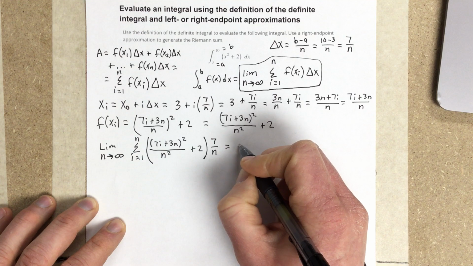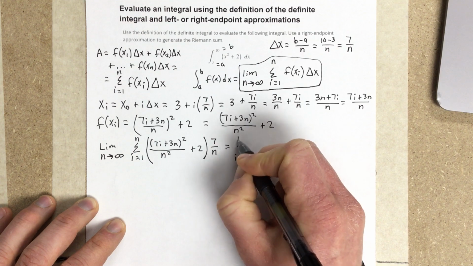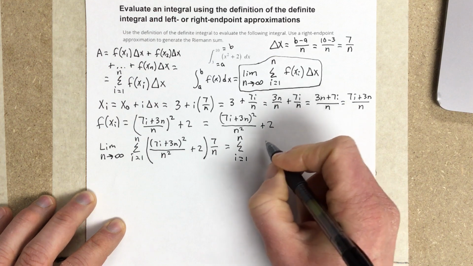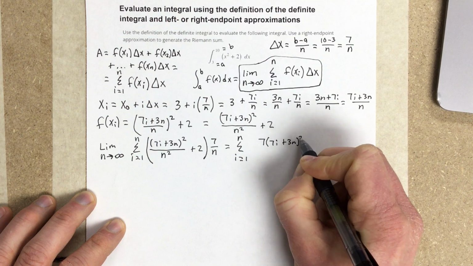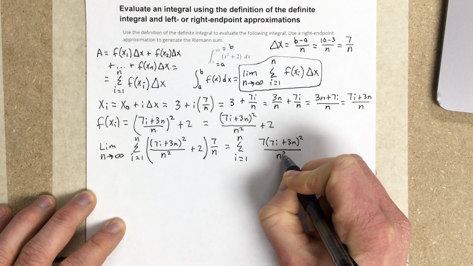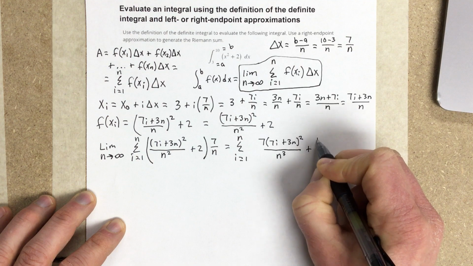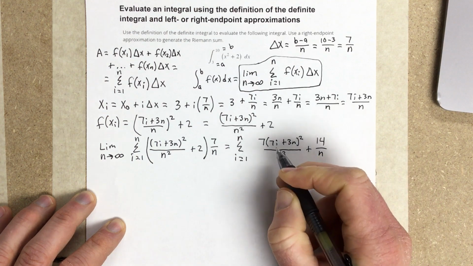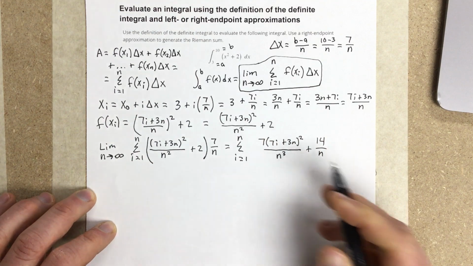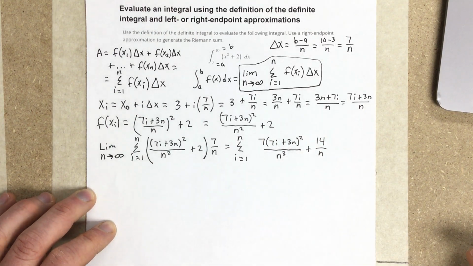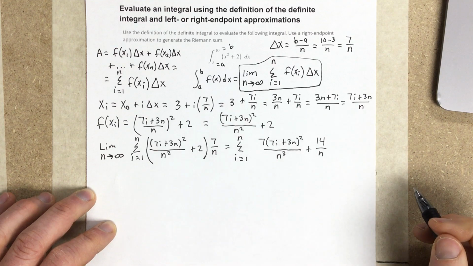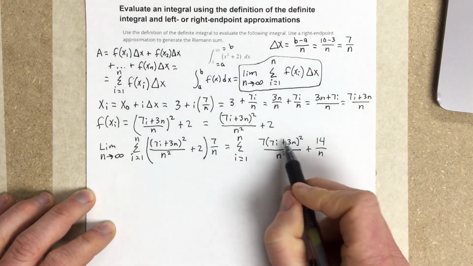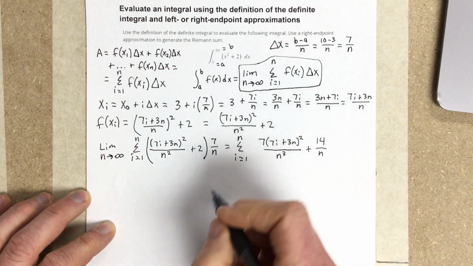So we have the summation from i equals 1 to n. If we distribute 7 over n, we get 7 times (7i plus 3n) squared over n cubed, plus 14 over n. And then let's see, I think we should square this piece and see what we end up with. So let's go ahead and square this piece on top. So we'll end up with equals